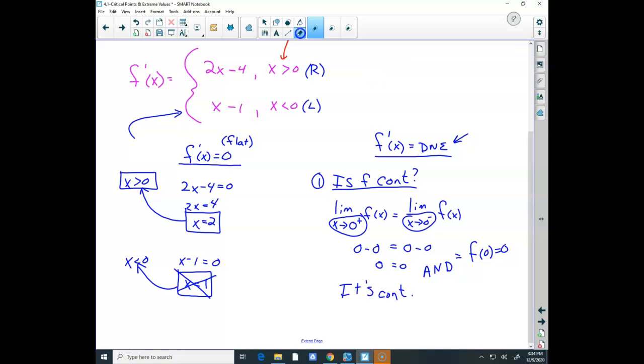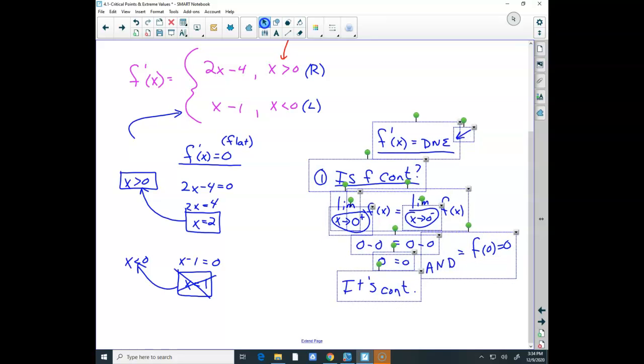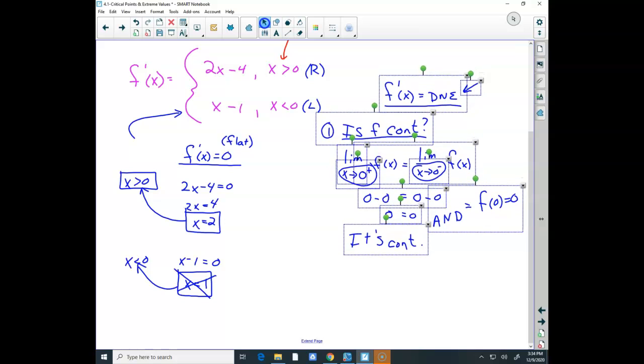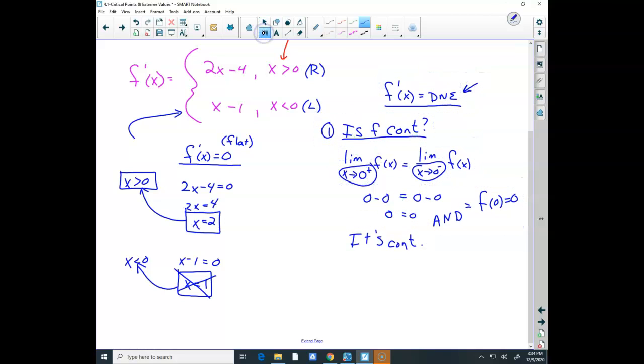I want to see my function, so I'm moving this up a little bit so I can divide this off. So it is continuous, but now the question is, is it differentiable? And remember, if it's differentiable,